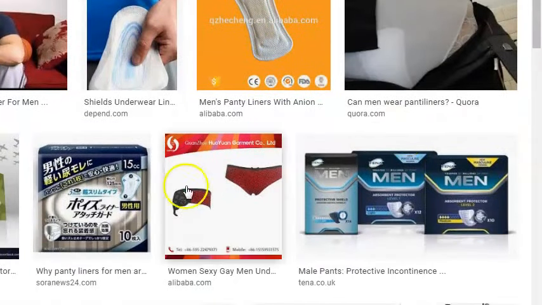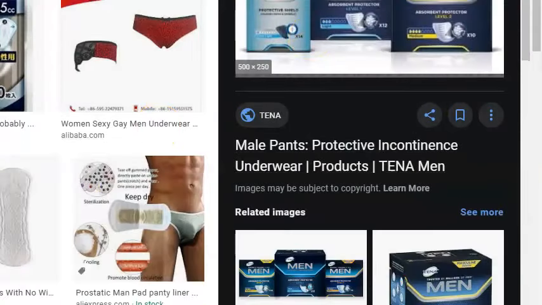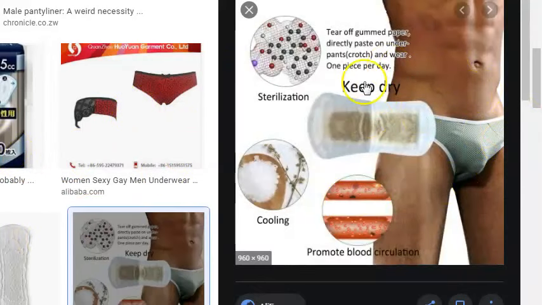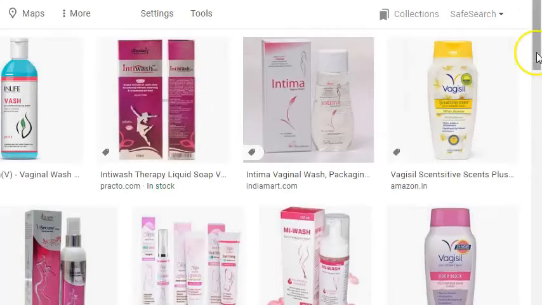Guys, nowadays there are things like panty liners available even for men to keep the place dry and odor free. These can be changed regularly. But the problem with these is they also can irritate the sensitive skin. There are some specific